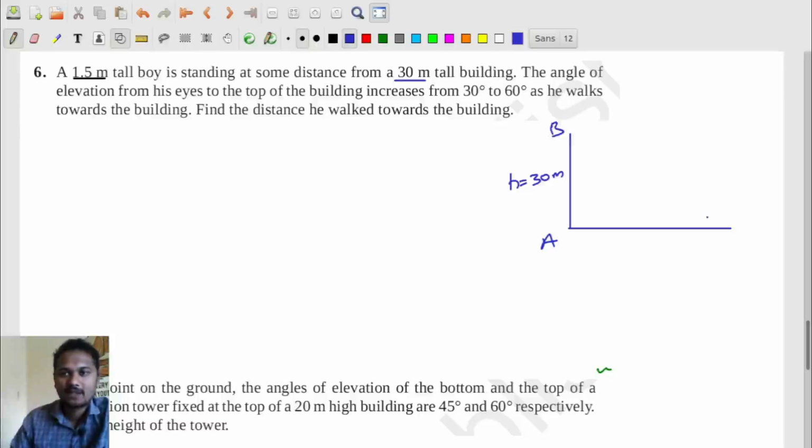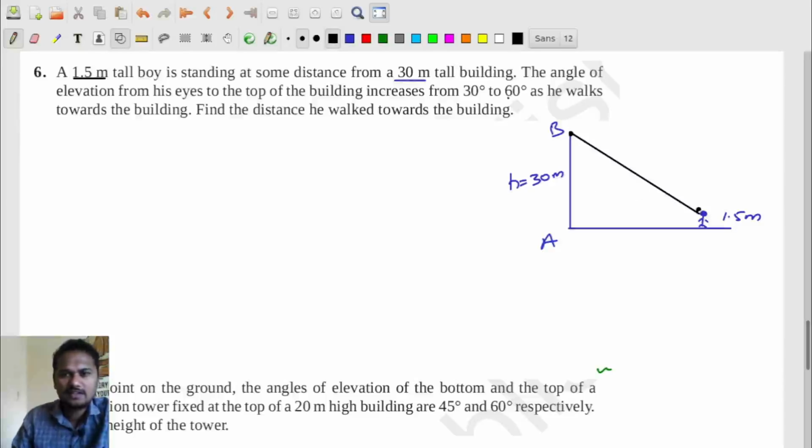Okay, some boy is standing here, and his height is 1.5 meters. The angle of elevation from his eyes to the top of the tower,